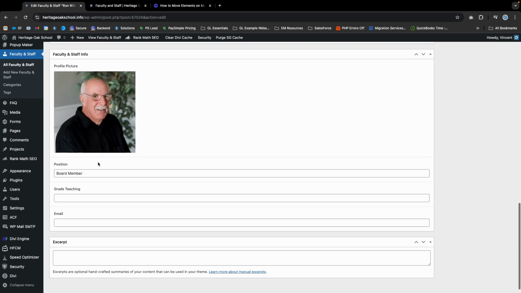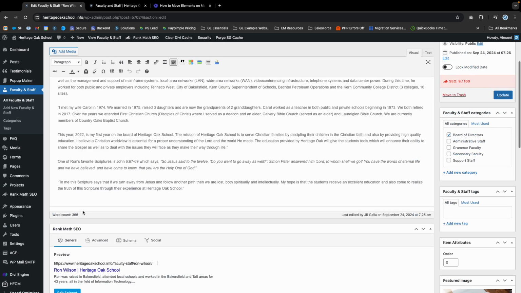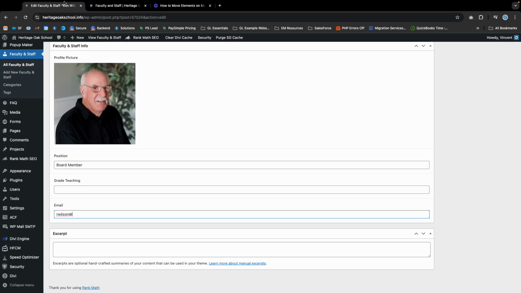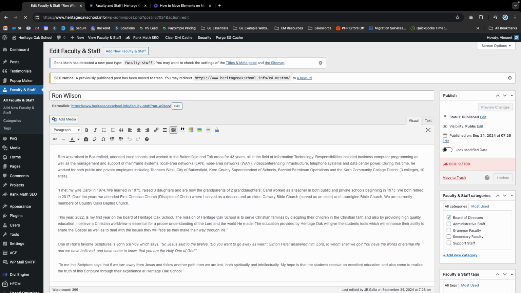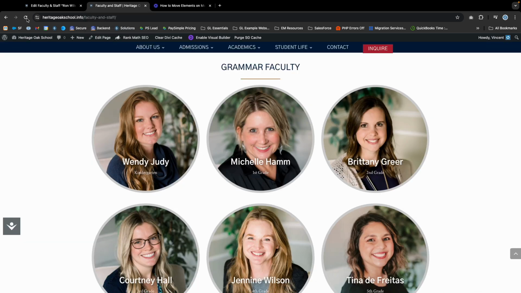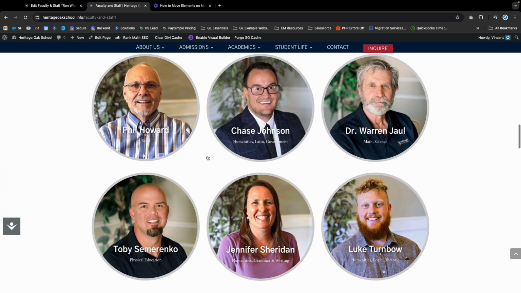people, and we'll just put in, for example, we could just make up an email address, rwilson@heritageschoolinfo.info. So I'm just going to put in an email address on this profile. Click on update to update the profile. And then we can see, because if there's no value within that field, it's not going to show anything in the layout. But if we scroll down now to